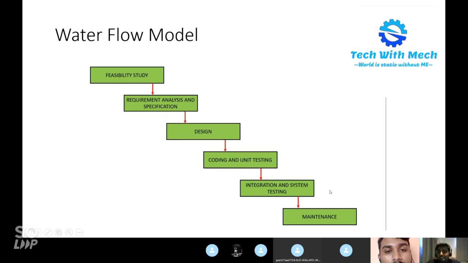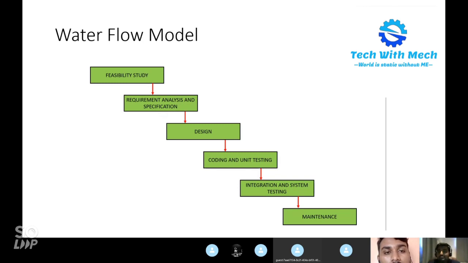Then they come to integration and system testing. Integration, for example: when they insert the card and enter the pin, there will be communication between the different control units. When it needs to contact the server and get the inputs, then the cash needs to be counted. There are a lot of signals moving in and out between the different hardwares. This communication needs to be tested well. That is at the integration level.